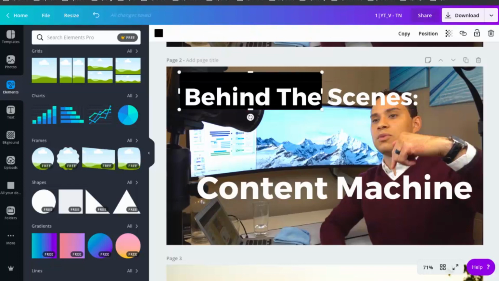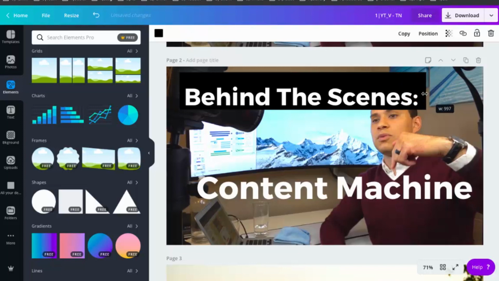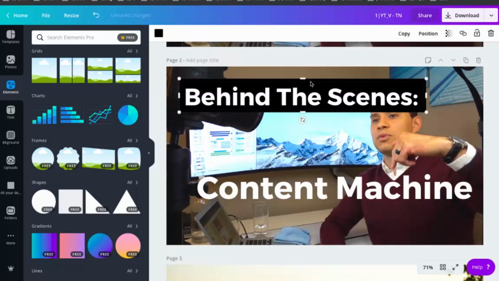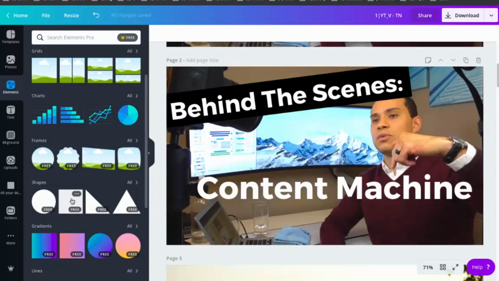That way it's easier to click on the text box and drag it to the size that you need, and then you can go ahead and resize it down to however you want. So I'm going to click, now that it's about the same size, center it a little bit, and that's good enough. Let's go ahead and select both of these and rotate them a little bit. Close enough. So let's go ahead and duplicate this.